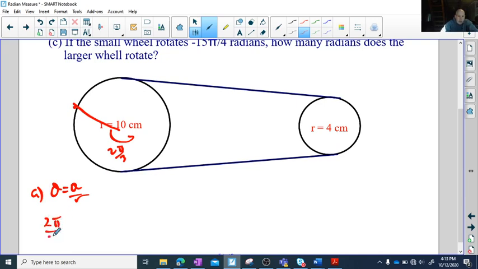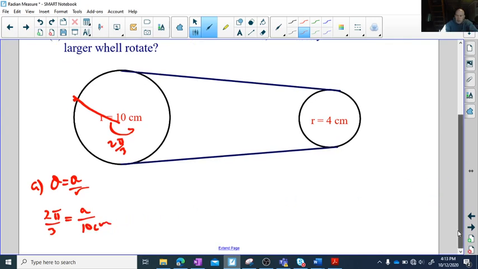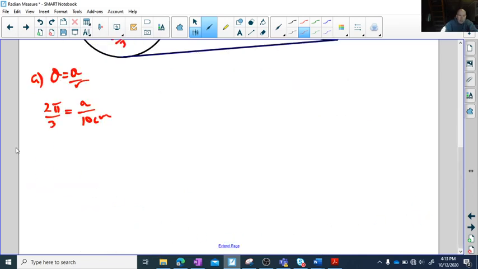Theta is 2 pi over 3 radians. The arc, I am not sure, but I do know the radius is 10 centimeters. So in order to solve for the arc, I'm going to multiply both sides by 10. 20 pi over 3, in centimeters, is going to be my arc, or distance traveled on the outside. So I'm just going to do that as a calculation. 20, multiply that by pi, and then divide that by 3. I will get 20.944 centimeters